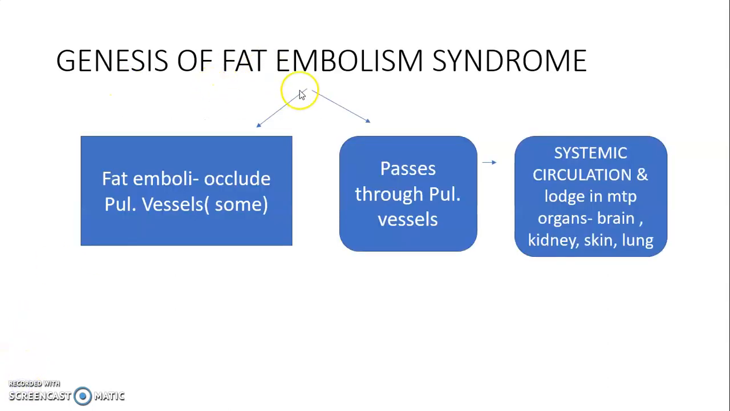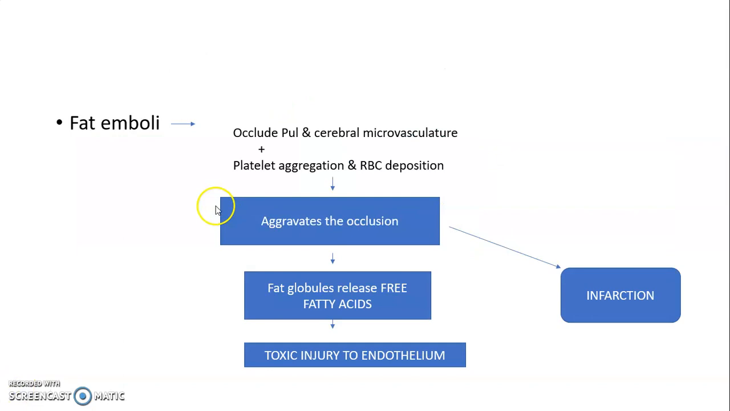Fat embolism syndrome genesis. The fat emboli will either occlude the pulmonary vessels or pass through the pulmonary vessels, leading to the systemic circulation and lodging in multiple organs like brain, kidney, skin, lungs. Fat emboli will occlude the pulmonary and cerebral microvasculature, along with platelet aggregation and RBC deposition that will aggravate the occlusion